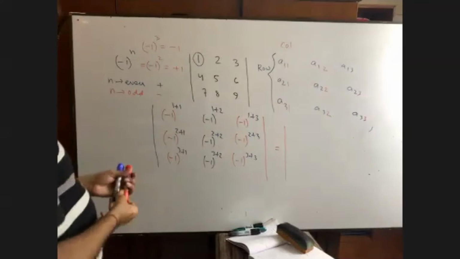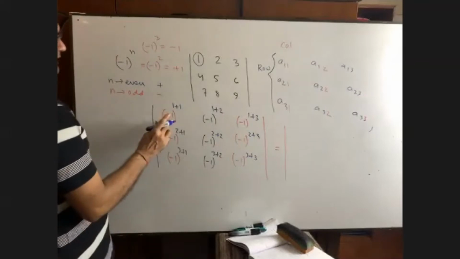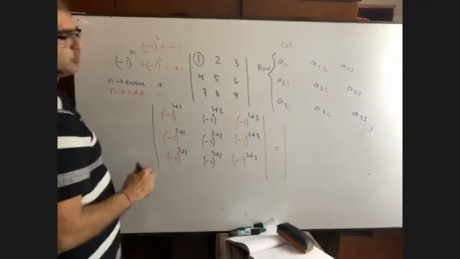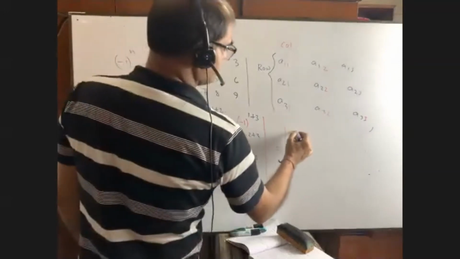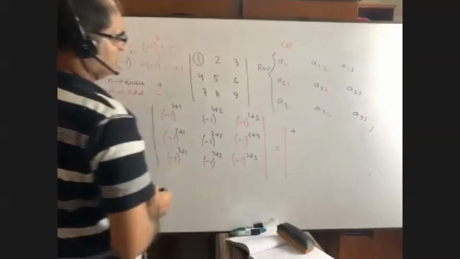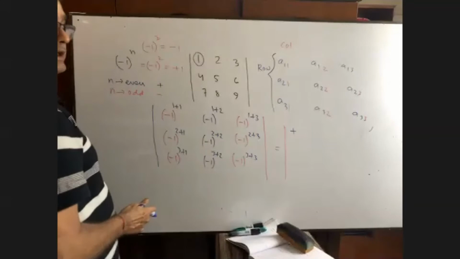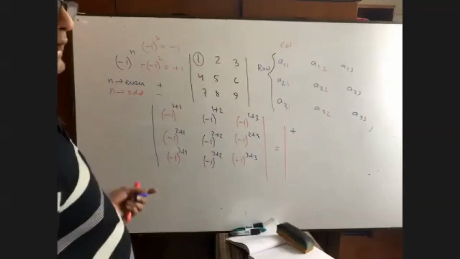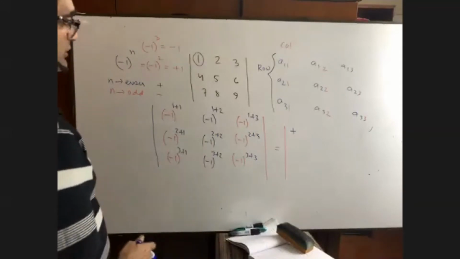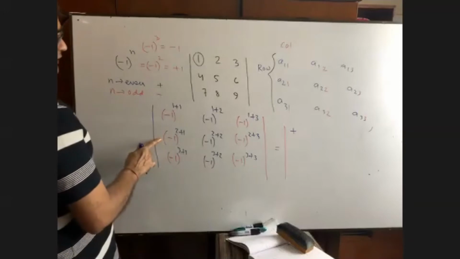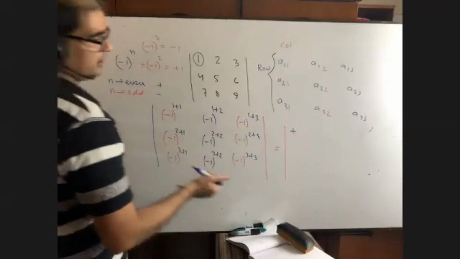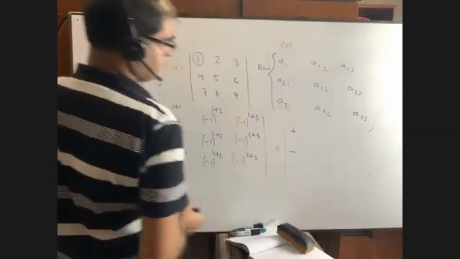Now you see, what is the sign here? -1 whole to the power 2 equals to what? Can you tell me, please? Plus sign. I am not telling anything regarding 1. I am telling something regarding plus minus. Now you see here it is what? -1 whole to the power 3. Sign is negative. Talk to me.